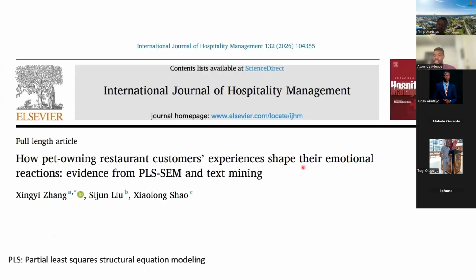And another, just to highlight this for people that are not in science, people that are in public arts or do commercial courses, or research that is not STEM related. This paper here talks about the various experiences of customers who own a pet. They are trying to evaluate the experience of these customers who own a pet when they visit restaurants. What are their experiences when they visit a restaurant?